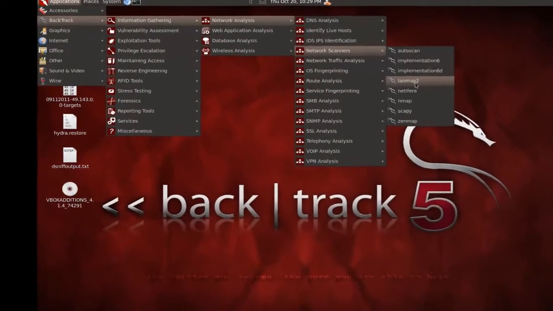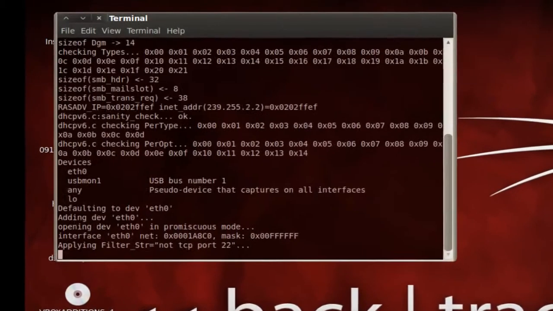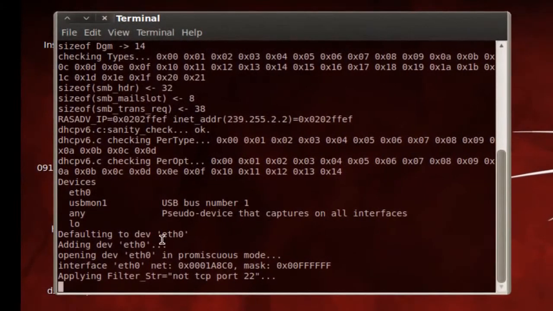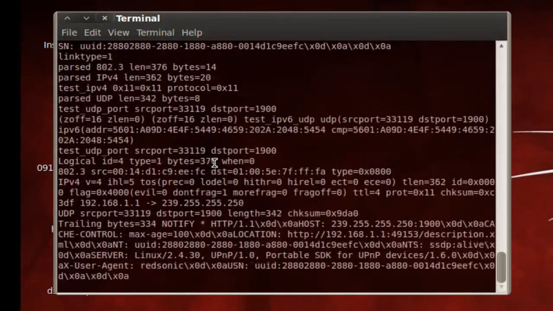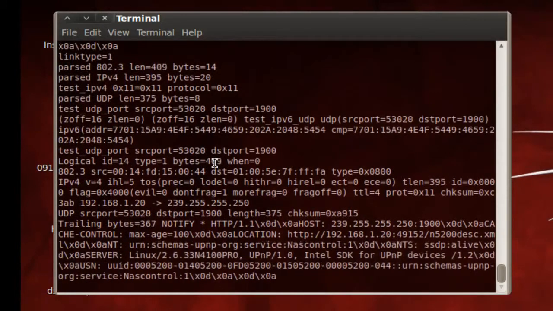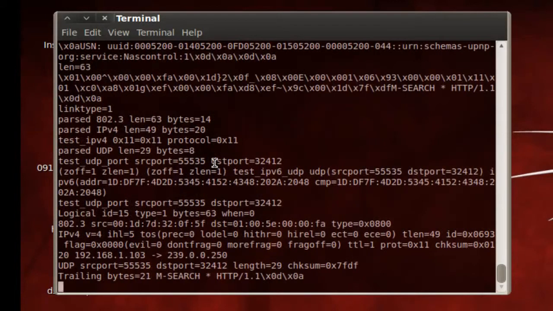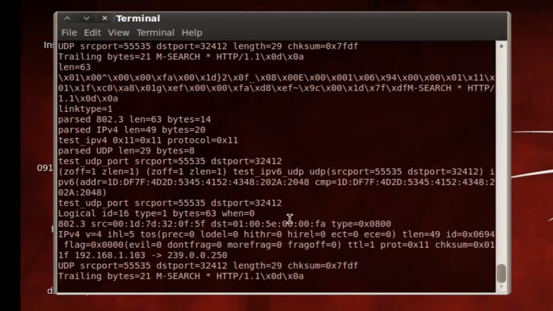Go down to LandMap 2, click on it, and it's automatically going to start up a session, basically assuming that you are using your first Ethernet port as your connection to the rest of your network. So as you can see, it's already starting to collect some data,